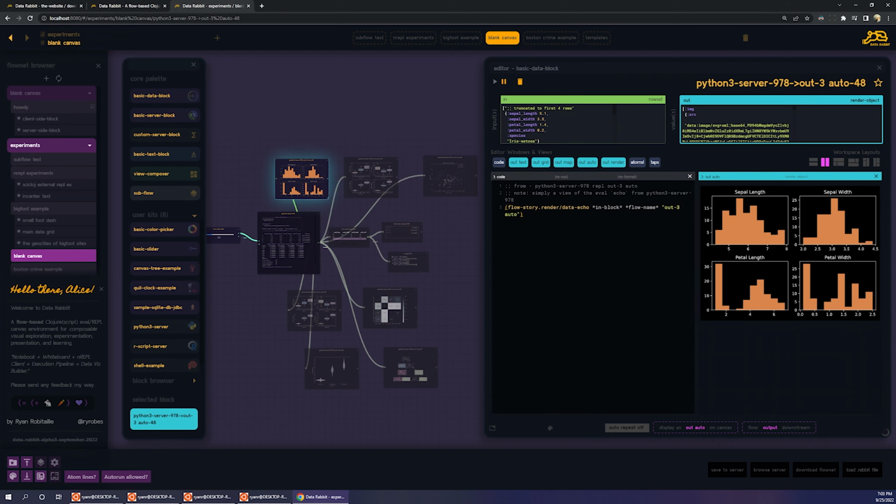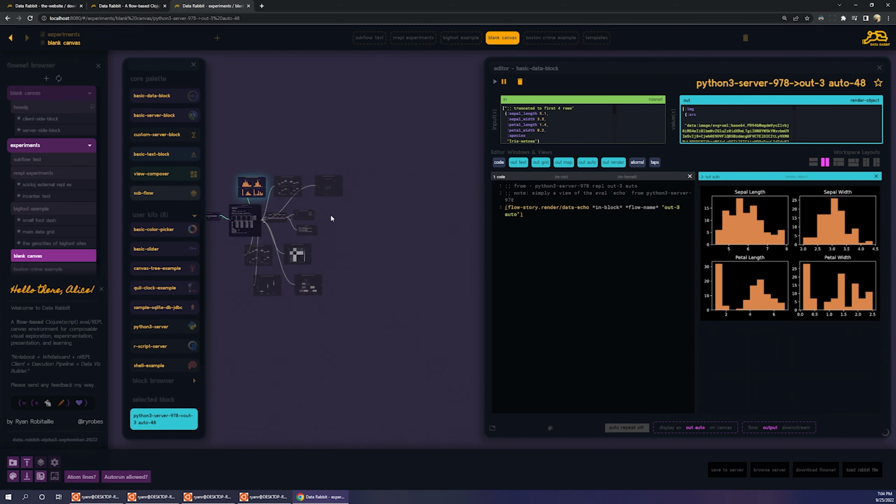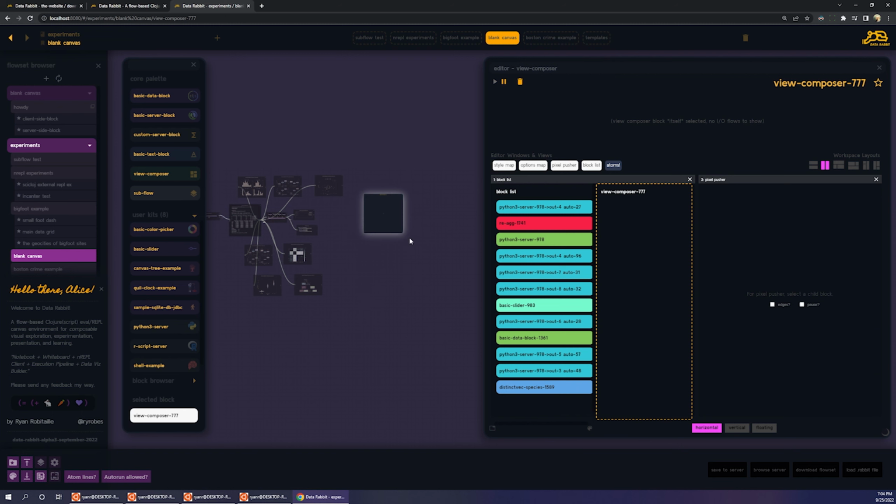It's basically saying, hey, this block that I came from, get me this thing. Because this SVG is already generated. There's no more work. There's no re-rendering. There's no nothing. It's just basically taking what its parent did and bringing it out as a separate thing. And that's really cool because then I can take a regular Rabbit view composer